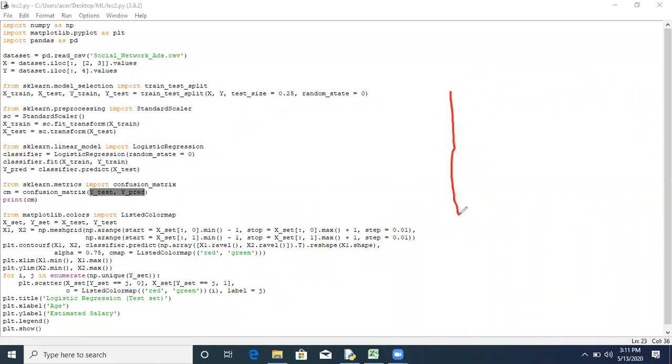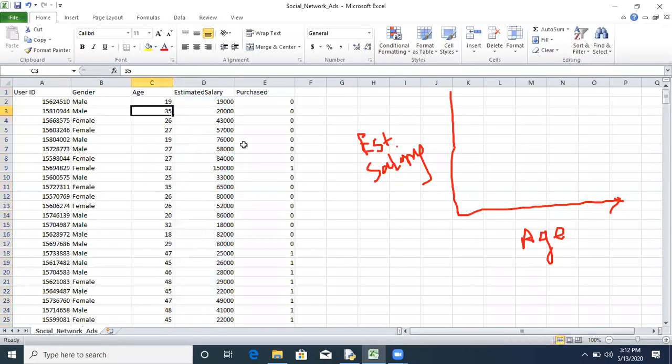This is your age feature, and this is your estimated salary feature. These two features we are using as input. Age and estimated salary are scaled versions actually, because we have applied feature scaling on those inputs.